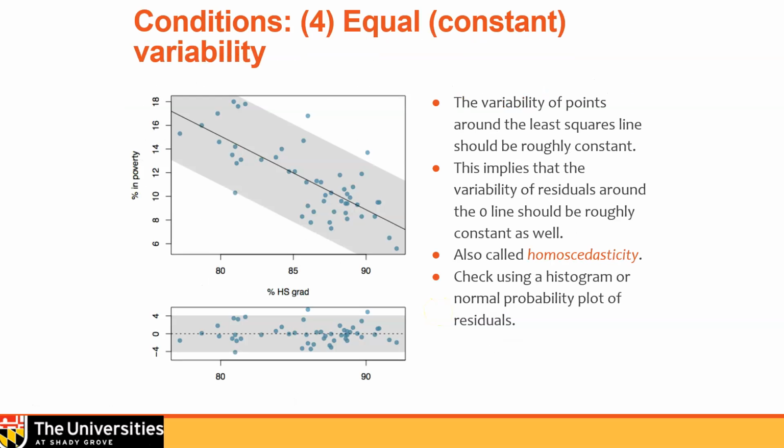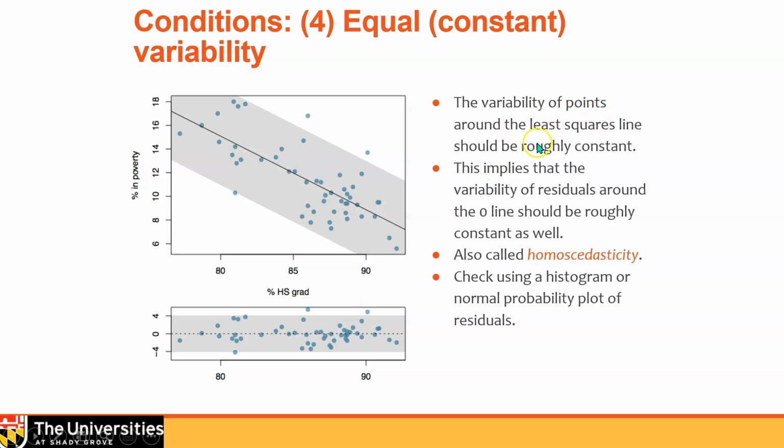The last condition that we're looking at is what's called constant or equal variability. What we're saying is that when we go across the span of the domain of our data, the variability remains, for the most part, within this sleeve, if you will. I don't have things that are popping way out here or way down here, and you'll see that in the residual plot as well. I've got a couple of things that look like they're outside of that. We might consider those to be outliers, and we'll see about that in just a moment.